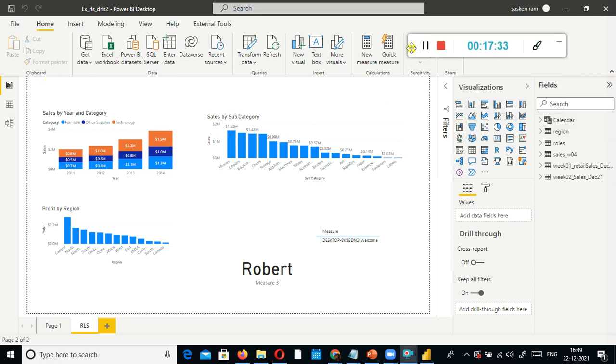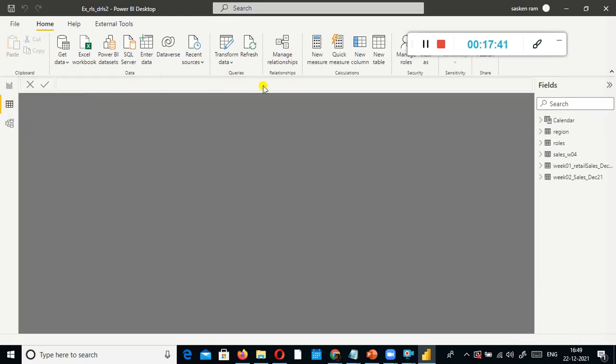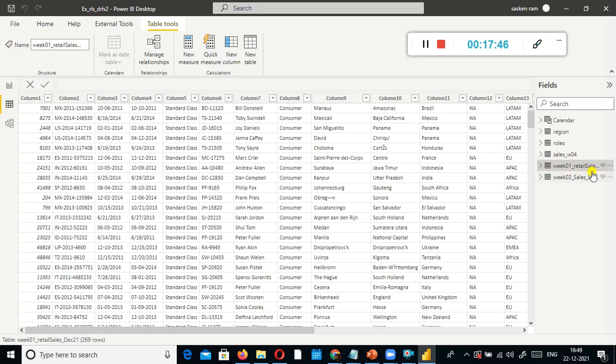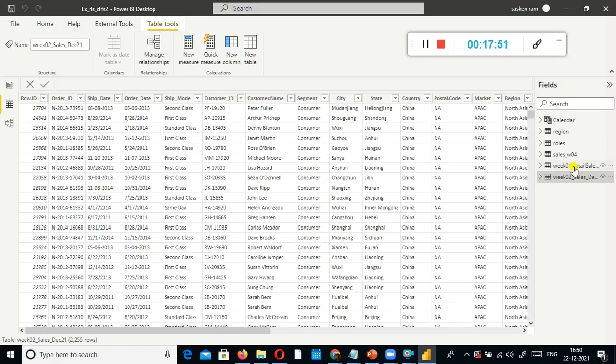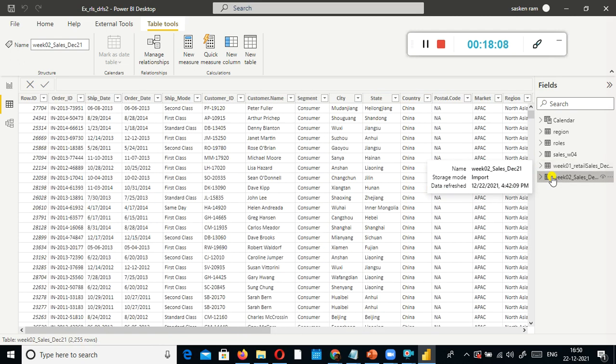Here I have week 01 and week 02, both of them are there already. I don't know why it kept on running. I was trying to load both of them. Let us look at the data in week 01 and week 02. In week 02, at least the column names are there, but in week 01, the column names are not there. It is quite challenging. In that case, there is no other way, you have to compare it manually.